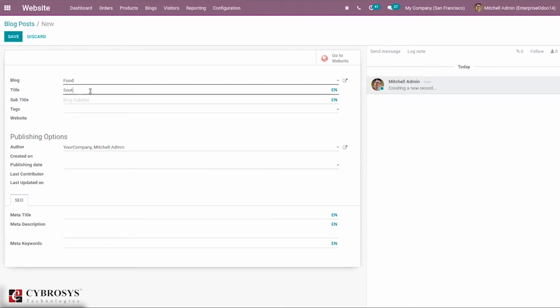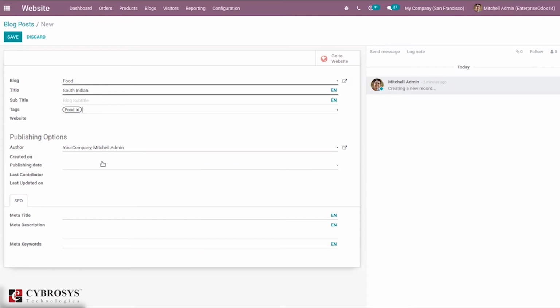I'm adding South Indian. Then here I can add a subtitle. It is not mandatory. Then it is possible to add tags, and multiple tags can be added here.